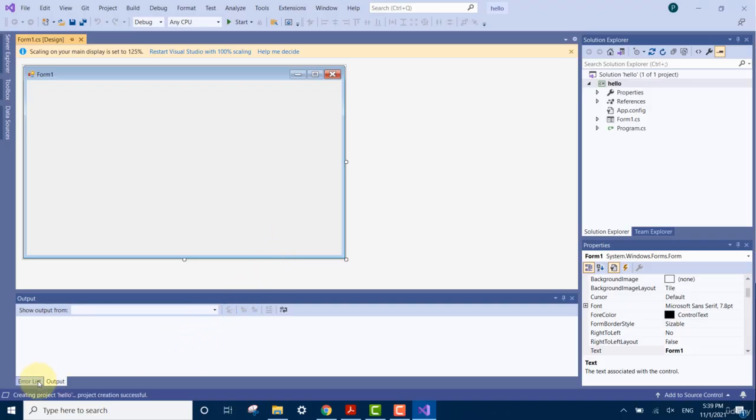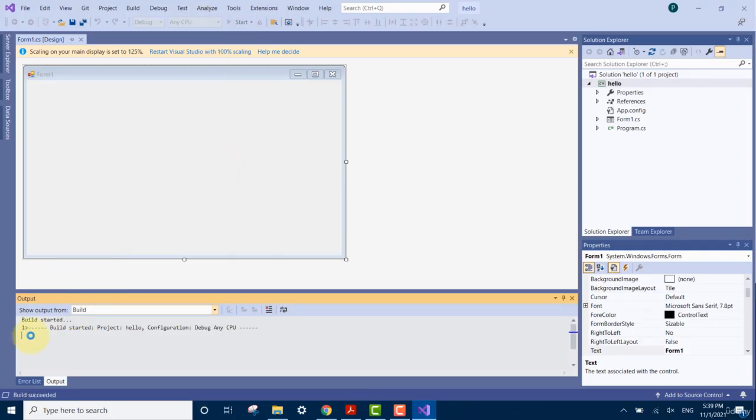And if there are any errors, it will also show up here in the error list as well as the output. Now the default build is debug. Later we will change to release, but for testing purposes we can leave it at debug. And the default CPU is any CPU, so we just leave it as it is, no need to change anything. So right now you can click on this button to build your program and run it at the same time. So let's do that now. Click on Start